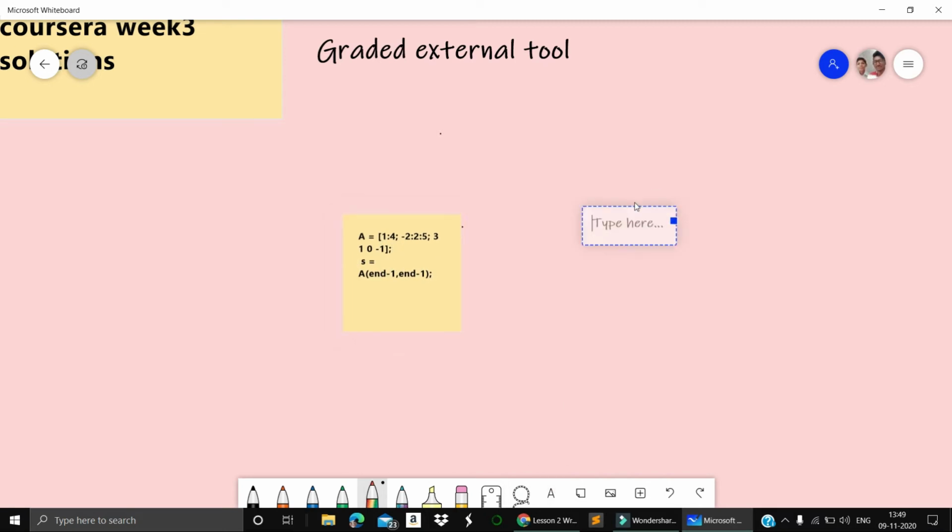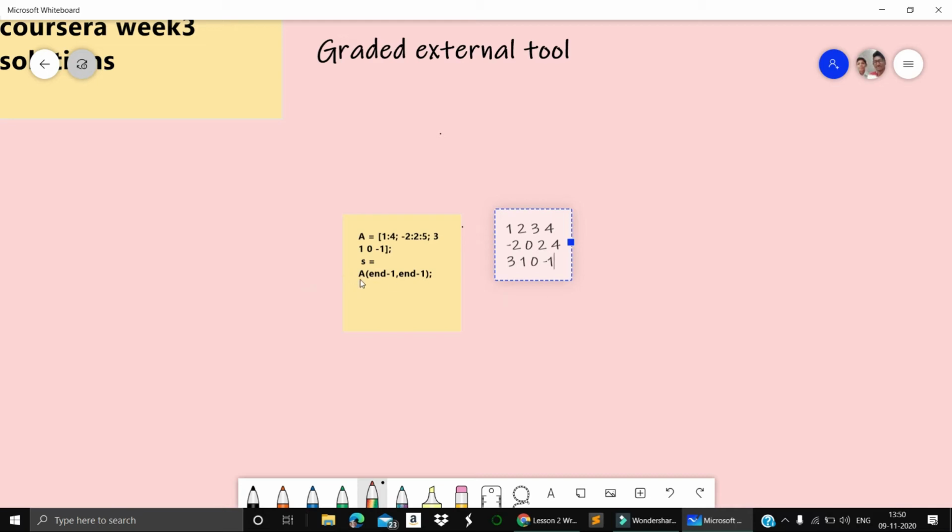Let's take notes. 1 to 4 gives the elements 1, 2, 3, 4. In the second row, with an increment of 2, we have minus 2, 0, 2, and then 4. Next, we have 3, 1, 0, and then minus 1. These are the elements of matrix s.